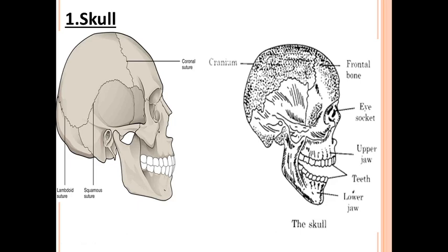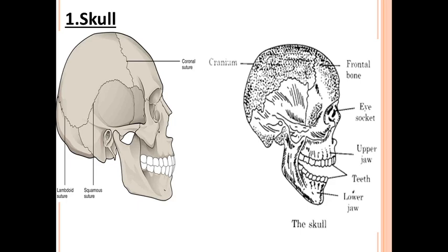Understood? So this skull forms a cavity for the brain and thus protects it from injury. In this skull, the brain is present. This skull protects the eyes, ears, tongue and the brain. Understood about the skull? 22 bones that are very hard and strong. Then the upper jaw, lower jaw. This skull protects the brain, teeth, eyes and tongue.